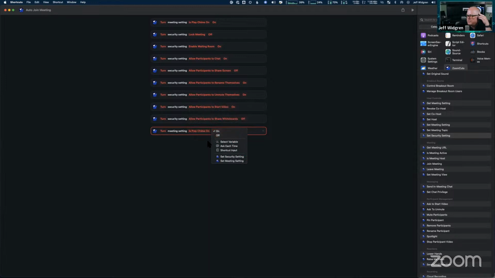So it says is play chime on, and then it said on off. But I don't think that actually turns it off. So I'm going to stop the share so I can see my Zoom window. My machine is co-host.